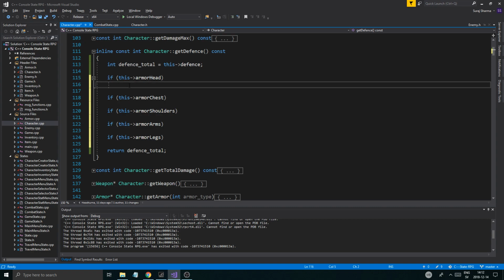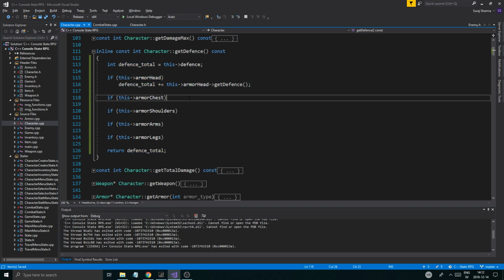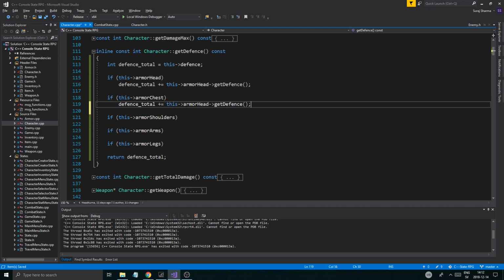So all we want to do now is add stuff to here. Defense total plus equals this armor head, or no, pointer thing, get defense. There we go. So we're just going to add a bunch of stuff together and we're going to get it back. So I'm just going to copy paste all this in here, and then we're just going to change the armor